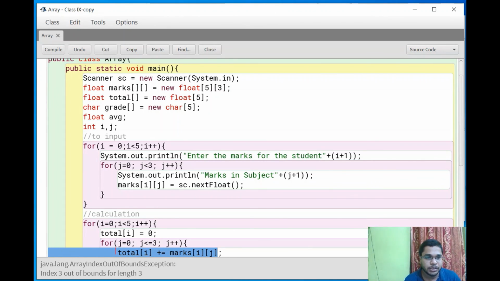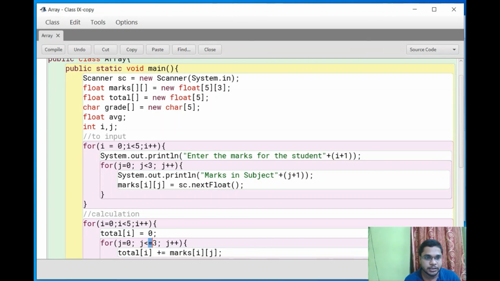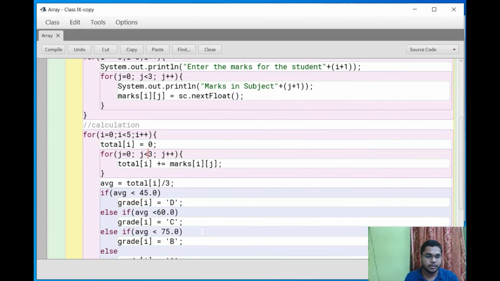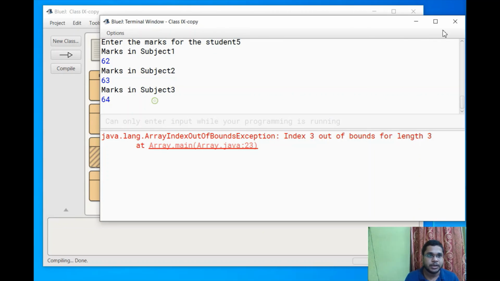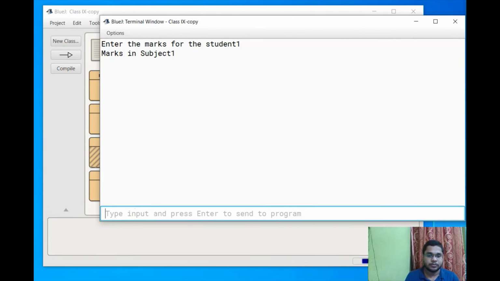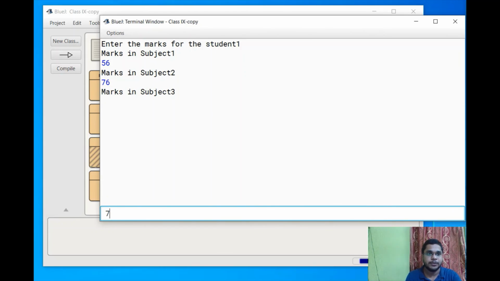Because I put an equals sign here, that's why it's an out of bound exception, as I already told earlier. So this is not equals to, this is less than 3. Let's save the program, compile again and run the program again. Now let's do it quickly.